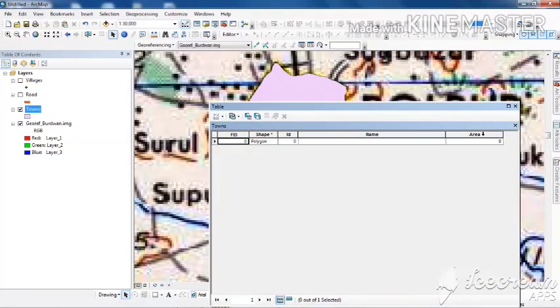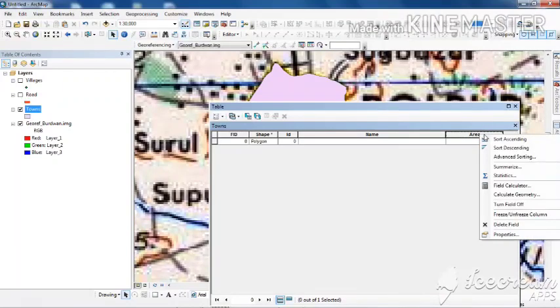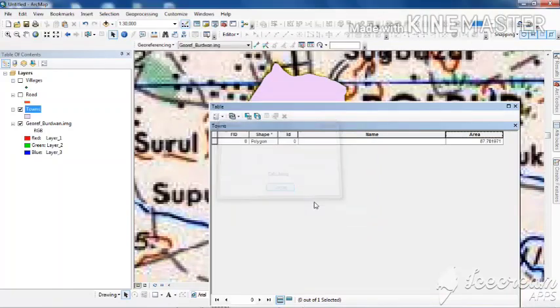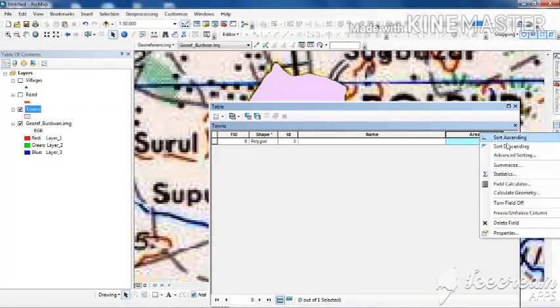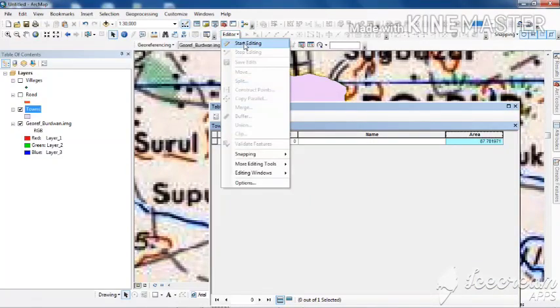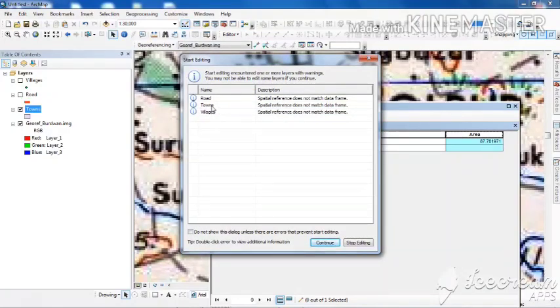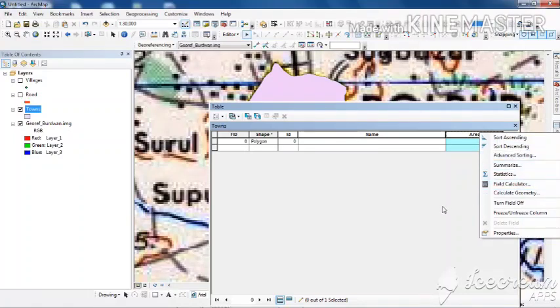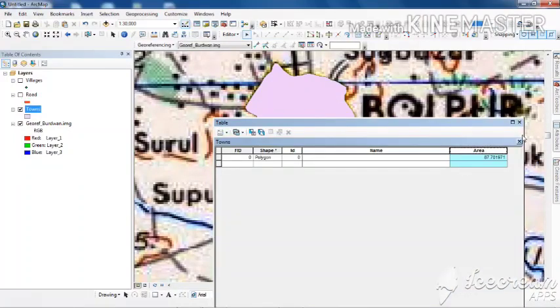Now first of all, let's try to calculate the area. You will see that calculation of area in GIS is very simple. Just simply click over here, go to calculate geometry, and you just see the value has come.